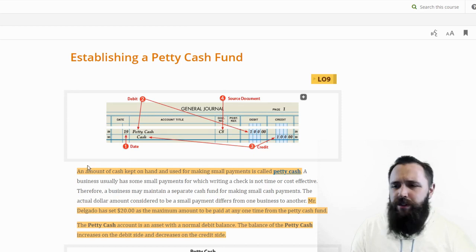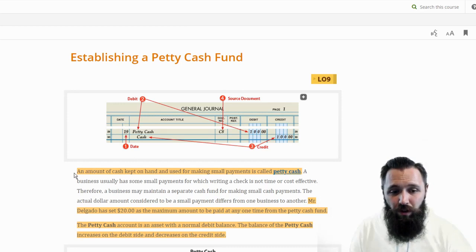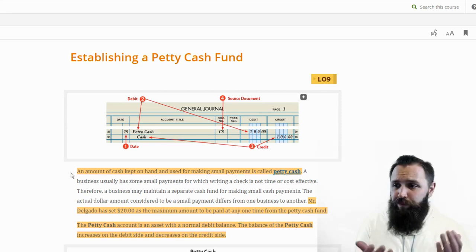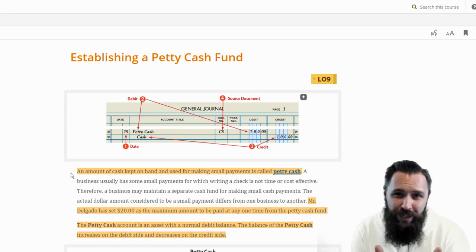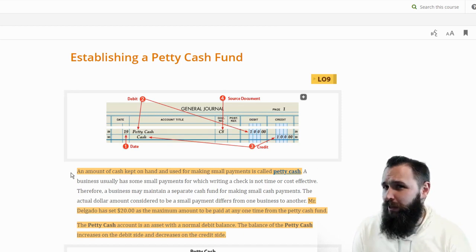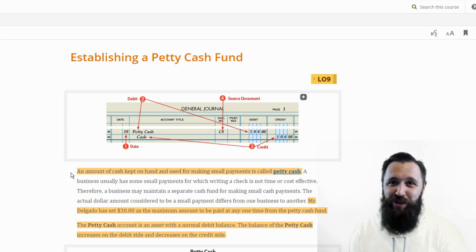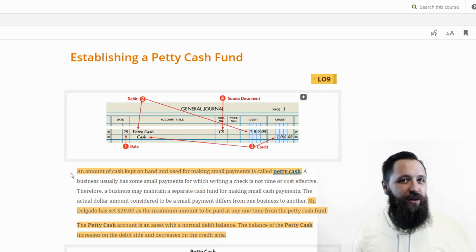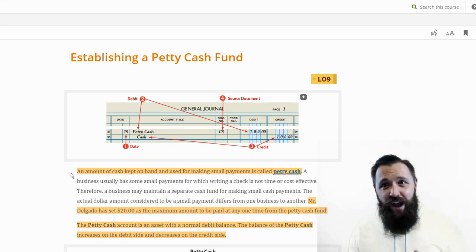And let's just take a look at the vocab here for petty cash. It says an amount of cash kept on hand and used for making small payments is called petty cash. Now, why do we have this fund? The reason why we have this fund is because we don't want to write a check every time we have some kind of small expense. We're not going to pay for some postage stamps and write a check every single time. So what we do is we establish a petty cash fund, and this is going to be used